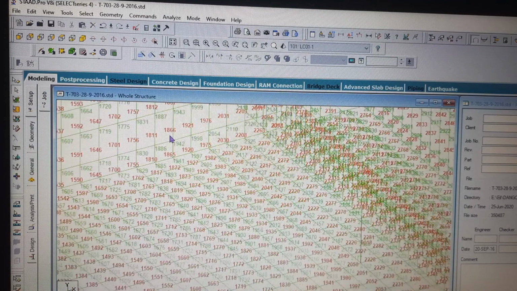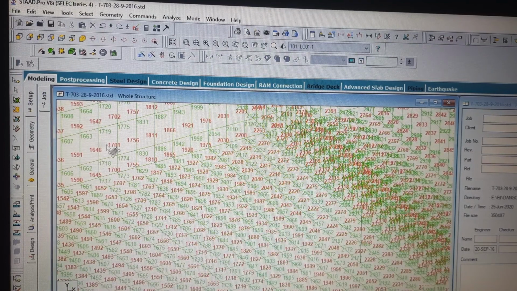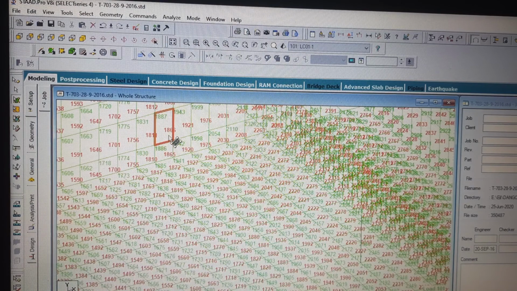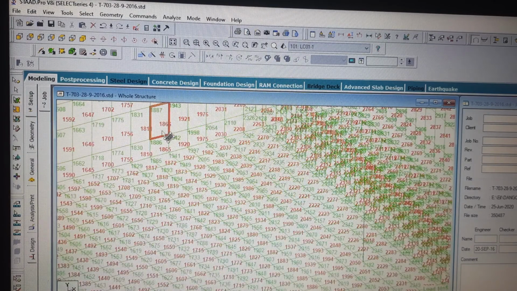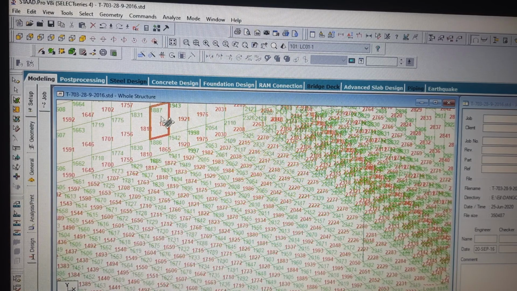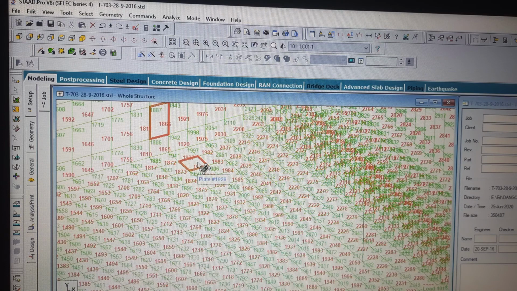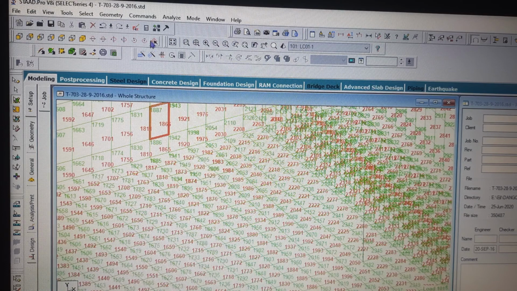Now suppose if you click on Shift P, all the plate elements will be shown. Right now this is showing in red color. Suppose this is our plate number 1866. Another plate has been created using the node numbers 1866, 1942, 1943 and 1887. Then check duplicate plate will show if you click on this structure.